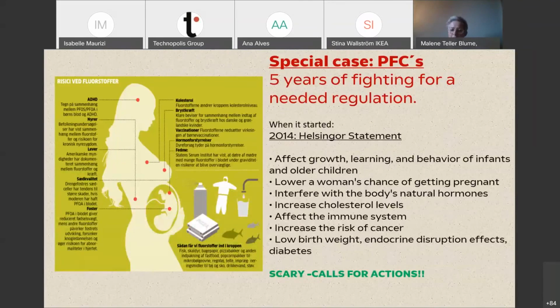The PFCs or the PFAS are a very special issue to us, because we saw this more than 6 years ago. We had a dialogue with scientists. We followed the discussion in the media, also with the authorities, NGOs, and so on, and realized that here was a very big problem for paper and paperboard packaging in food contact, because PFAS is added to the surface to make it fat and water repellent.